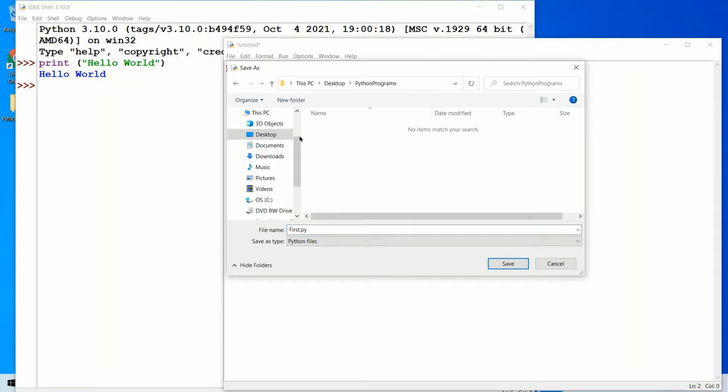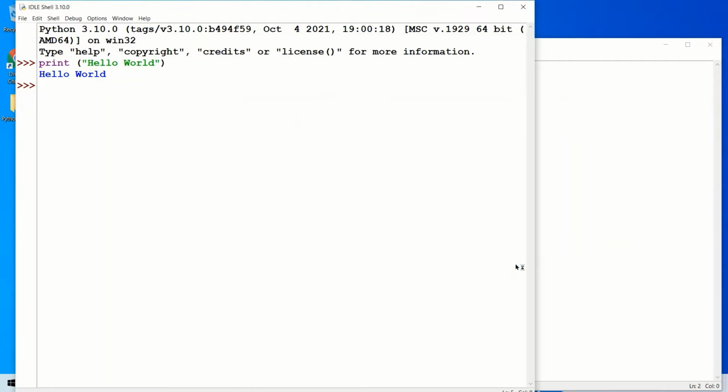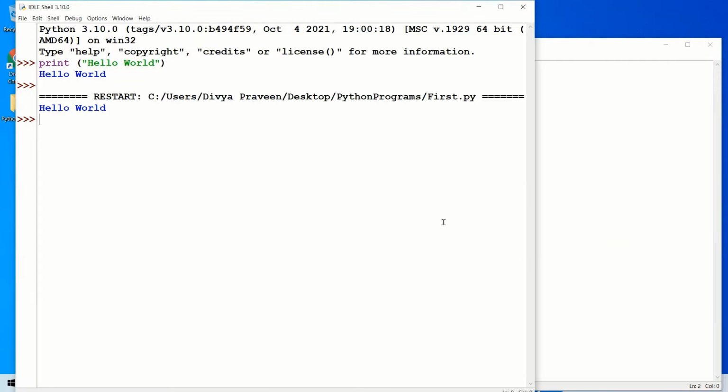Here I am choosing Desktop, Python programs, and click on the Save button. As soon as we click the Save button, our script file will be executed and output will be displayed in Python's IDLE shell window. This is about the script mode of Python IDLE.